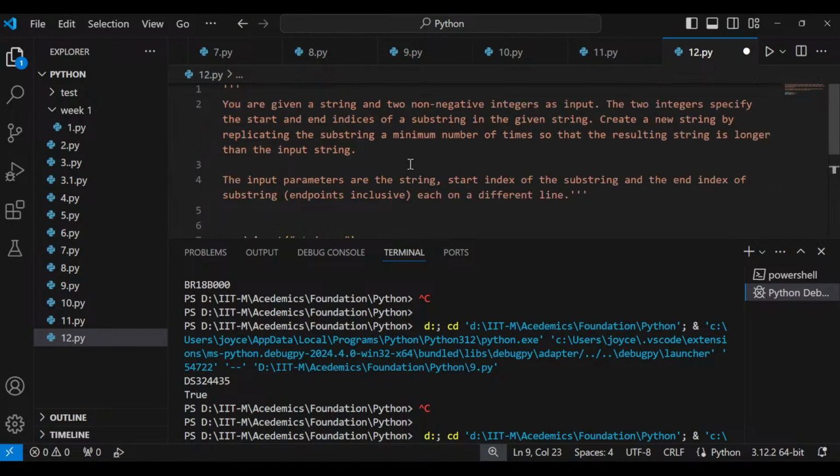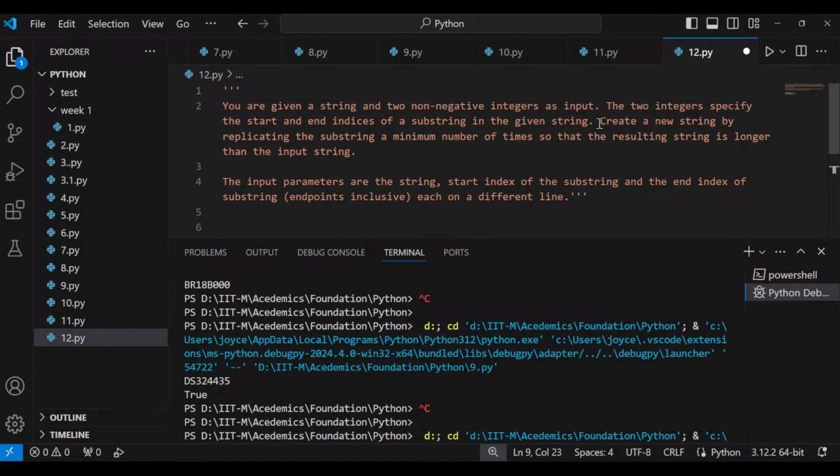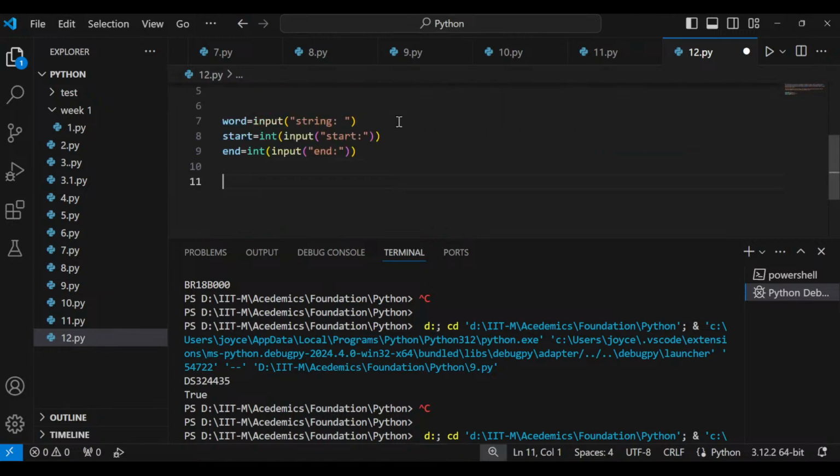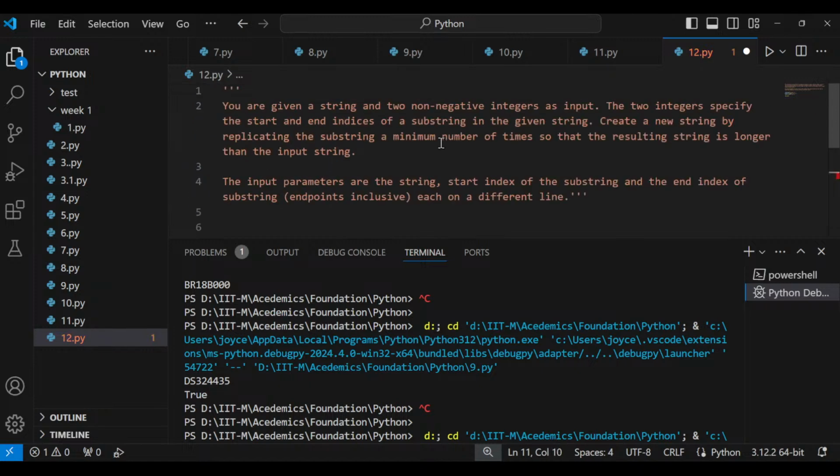So this is the input sorted out. Create a new string by replicating the substring a minimum number of times. Let's not go with the print statement directly. Let's go slowly. New word. What is new word equal to? New word is